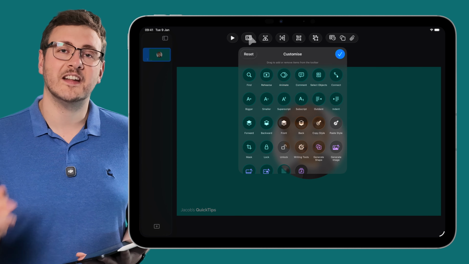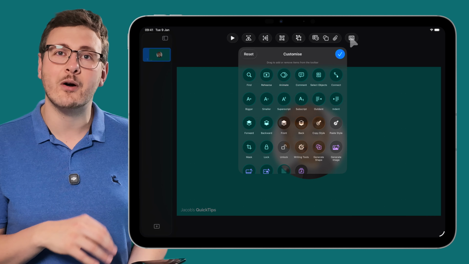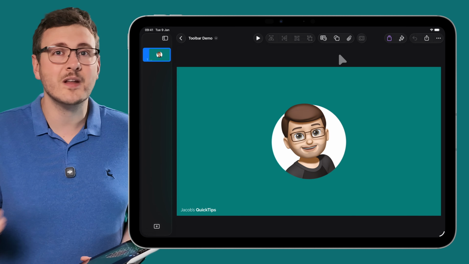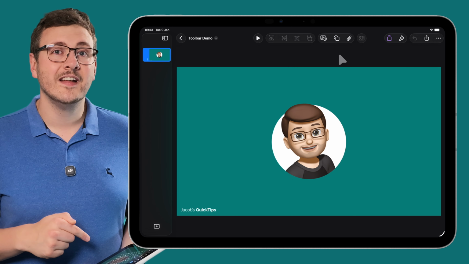When I'm finished, I'm going to press the little tick icon, and just like that, Keynote is now personalized to exactly how I want to use it, with the tools that I need front and center. And this works on Numbers and Pages and all sorts of other apps too, and it really is worth giving it a go to make these tools more